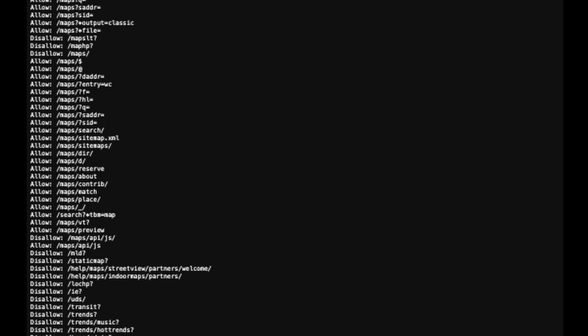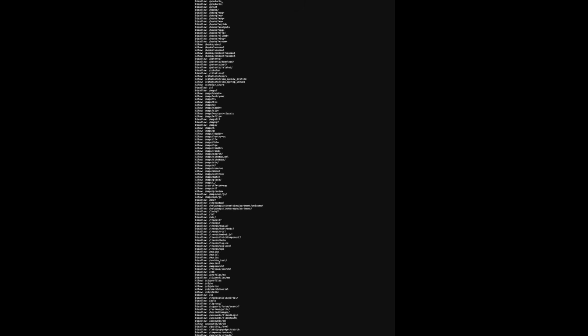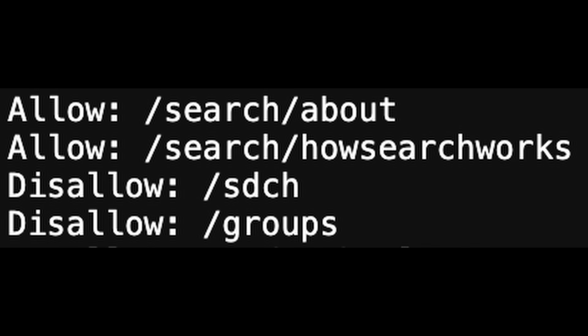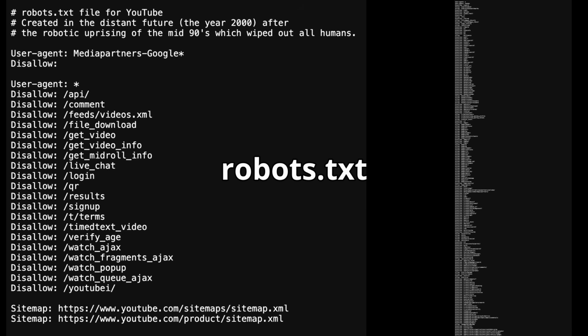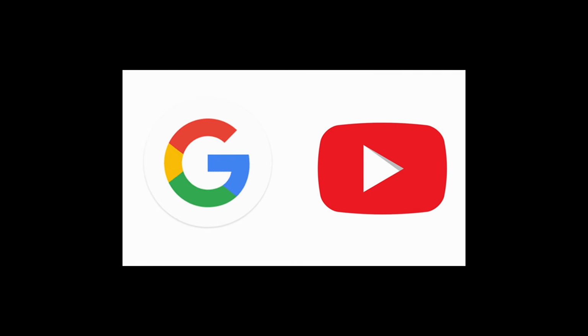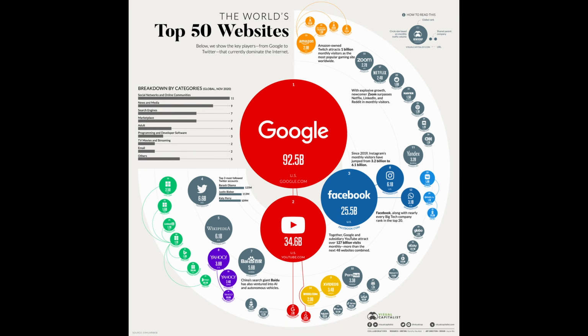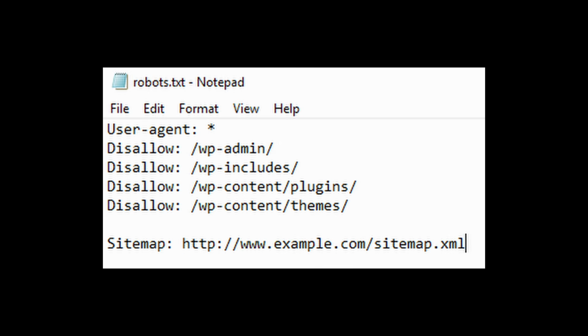Google.com/robots.txt also sends me a similar looking file, and a longer one at that, which seems to allow or disallow certain things. So then both Google and YouTube seem to have a file with the same exact name and structure. But perhaps it's because Google already owns YouTube, so it makes sense for both sites to have this similar file. However, go to any single website you can think of and you'll quickly realize that it has a robots.txt file.